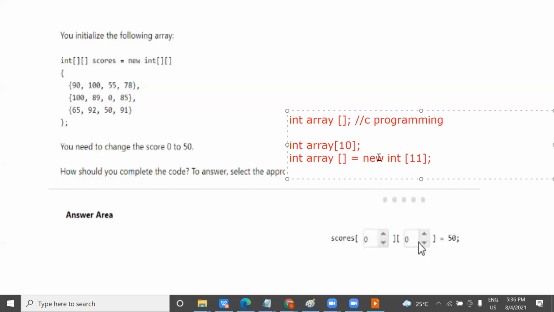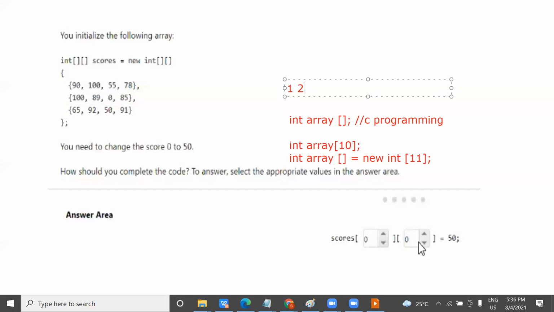We use the new keyword in Java. See, this is double square brackets. Why is it coming? Double subscript. This is called square bracket, or you call it a subscript also, because we are talking about two dimensions, rows and columns. Here I'm talking about a single dimension, meaning only one row. You can think of it like the data will be 11 values: 1 2 3 4 5 6 7 8 9 0 1.